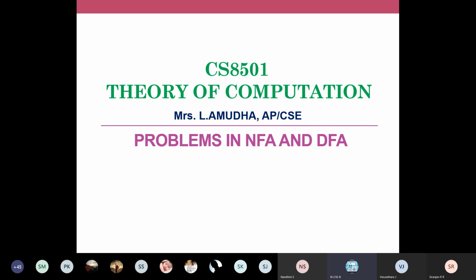Then what are the other things we discussed? We saw how to find the number of states when you are designing a DFA. And then we saw the differentiation of NFA and DFA. There are two types of automata, NFA and DFA. The difference we saw is that NFA is more relaxed and DFA has some constraints.